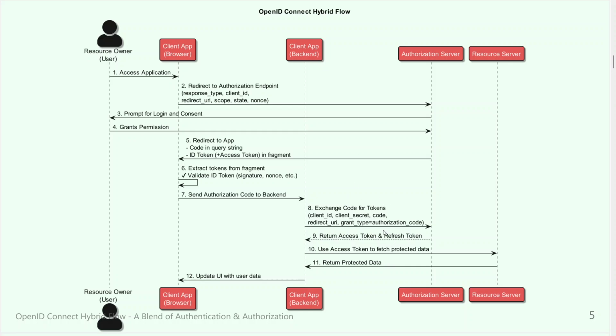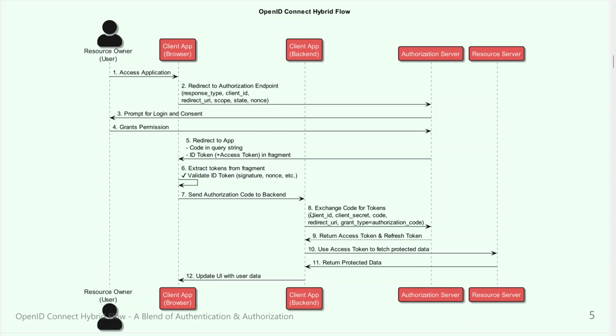And this part here is the same as we saw on our previous flow, the first flow. The first flow works in a specific way, using code to make sure that whoever started the negotiation of this flow is the same one that will end it. So there was no middleman. And these steps are the same that we saw on our first flow, meaning that this one remembers the implicit flow, and the second part between the backend and the authorization server is the same as we saw for the authorization flow. And when you reach this 12th step here, you should have the ID token, the refresh token, and